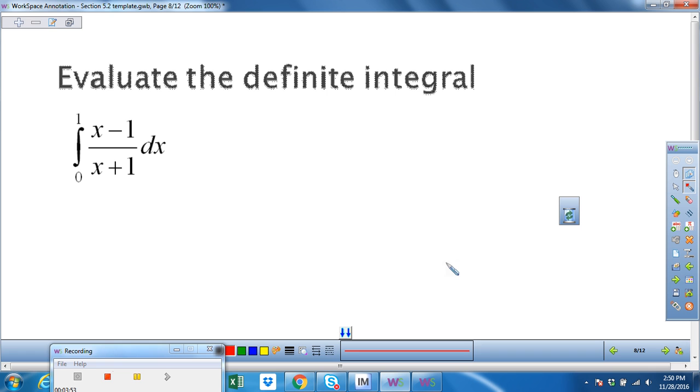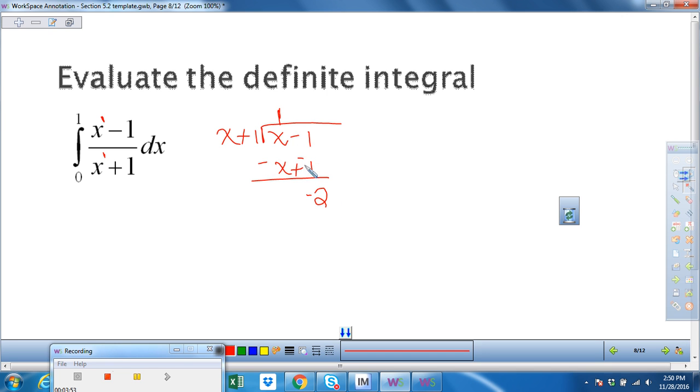Okay, so we're evaluating this definite integral from 0 to 1. It's basically the same thing, except at the end we're going to evaluate. Because the exponent at the top is the same as the exponent on the bottom, you have to be careful with that, I'm going to have to do some long division. So I'll do x plus 1 divided into x minus 1. Well, x goes into itself one time, so I divide, now I multiply, then I subtract,